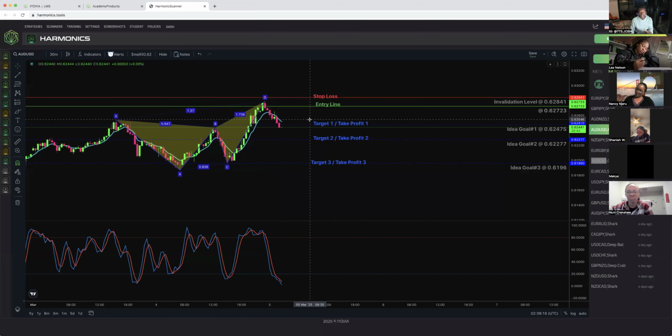Step 5, we go to the 4-hour time frame and we want to identify the trend and make sure that it matches up. If you need to write a key on the side, buy, we look for uptrend. Sell, we look for downtrend. Okay? Now, this right here is what changed the game for me.